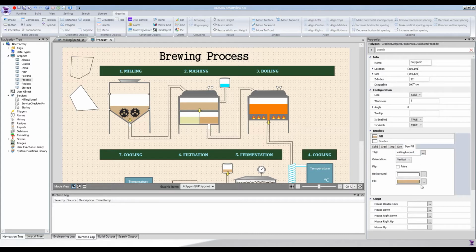I'm going to select it now, and I'm going to put a tag which is already here, and this tag represents the percentage of the object that I want to color. We're going to need to configure the minimum and the maximum value for this tag to apply the percentage, and I'll show you how it's done. And we'll add a color for the fill. I used brown to represent the grains, and the background is going to be white. On the dynamic fill we can also change the orientation. It could be horizontal, for example. In this case it should be vertical. And I can also flip